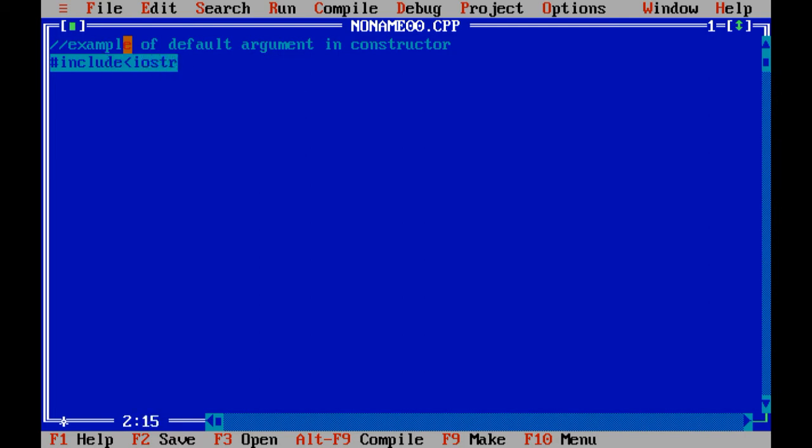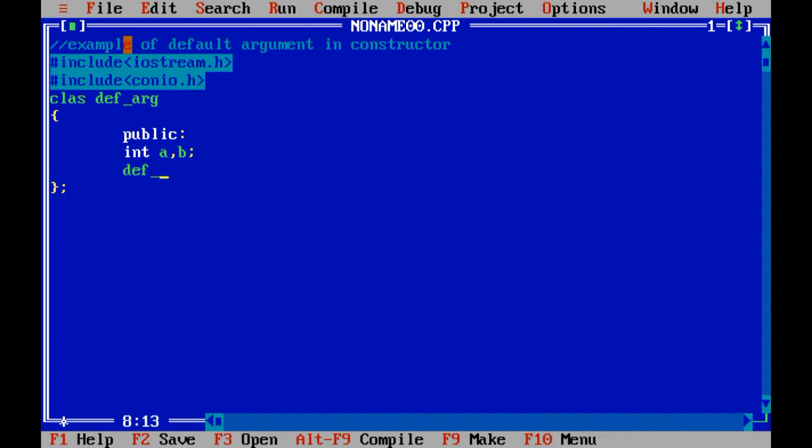#include <iostream.h>, #include <conio.h>. I am going to create a class called default_argument. Let us declare two public variables, int a, int b.